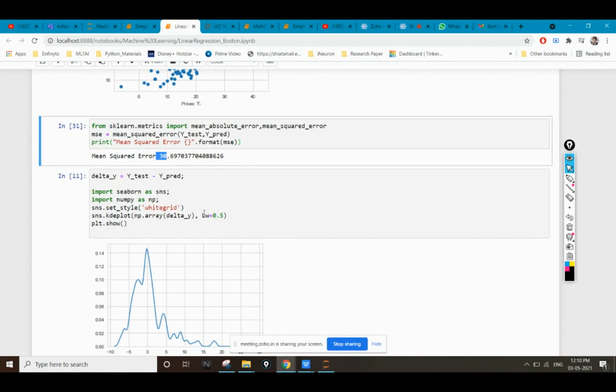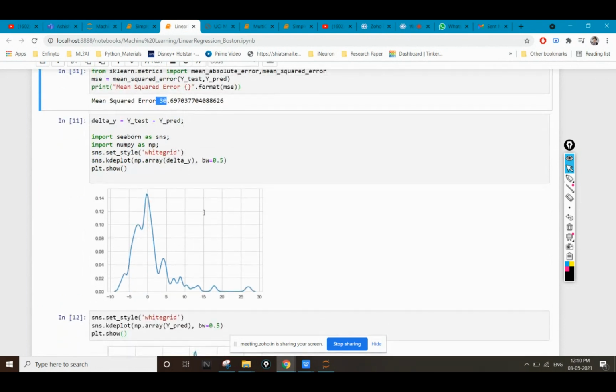Now I'm trying to plot the delta values, which is the error between y test and y predict, the difference between the y test and y predicted values. So this is the error I'm going to get. The maximum error is 0.14 and the minimum error is 0.